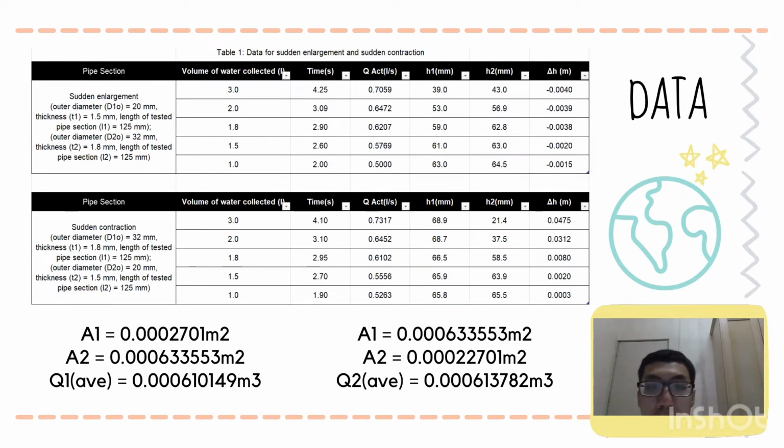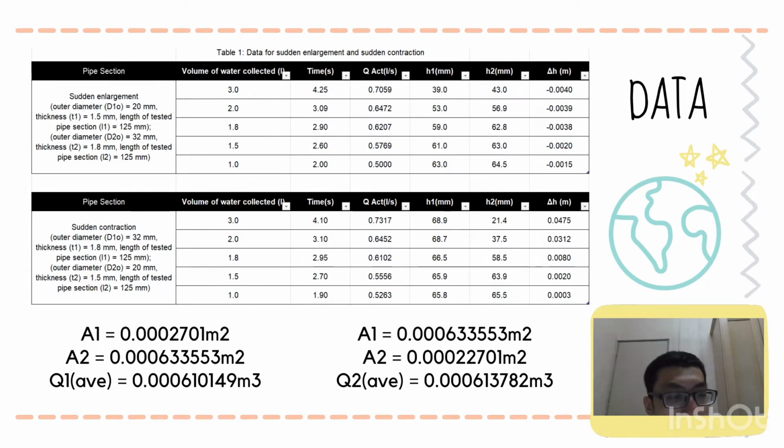H2 is 43 mm. By dividing the volume by the time, we can get the flow rate, which is 0.7059 liter per second. And by subtracting H2 from H1, we can get the difference of H, which is negative 0.004 meter. Then we subtract the thickness from the outer diameter to get the inner diameter. Then calculate the area with the formula diameter square times pi divided by 4, and the A1, the area 1 for the sudden expansion experiment, is